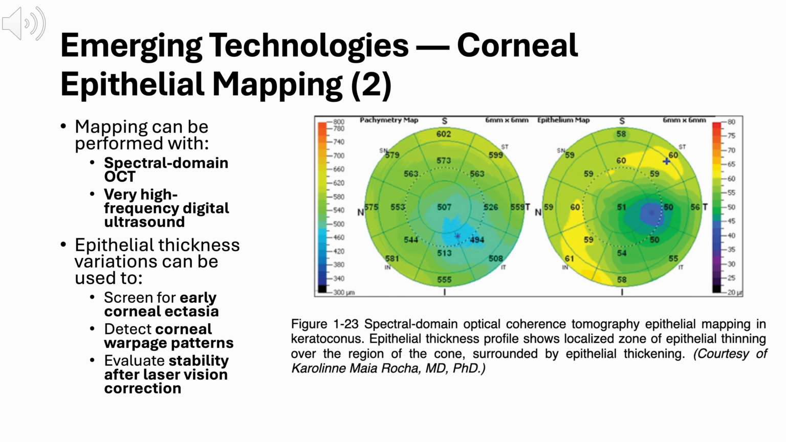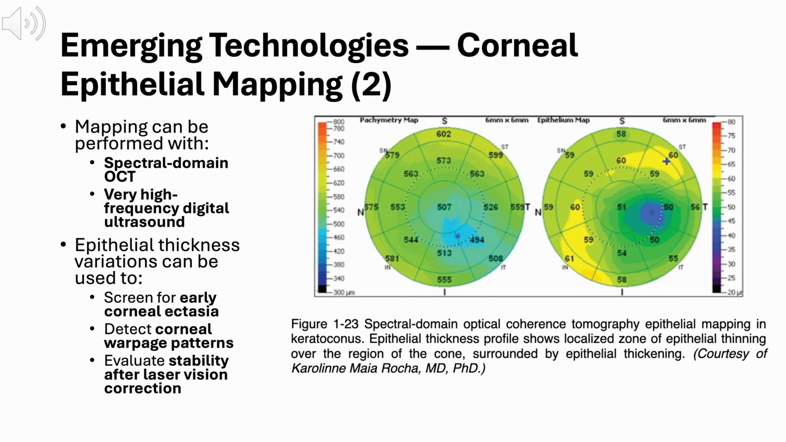This slide shows how corneal epithelial mapping is performed and why it matters clinically. Epithelial mapping can be obtained using spectral domain OCT, or very high-frequency digital ultrasound, allowing precise measurement of epithelial thickness across the cornea. The epithelium is not passive. It actively reshapes its thickness to mask underlying stromal irregularities. Clinically, this makes epithelial thickness maps useful for early detection of corneal ectasia, identifying corneal warping patterns, and assessing stability